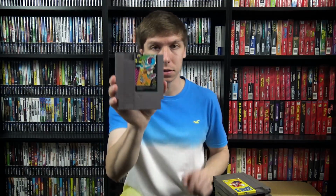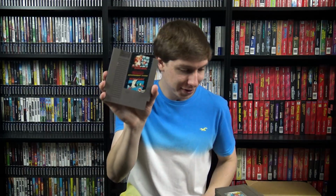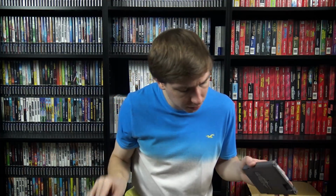TMNT, Surf Designs, Super Mario Bros. 3. Of course, you gotta have your Mario Bros. Duck Hunt, Track and Field 2, Bugs Bunny Birthday Blowout, and I think there was another Bugs Bunny. Yeah, there was Crazy Castle in there as well. Ryan said he wanted one of these. I think it was this one. He told me he had one of them, didn't have the other one, so he's got dibs on whatever one that he doesn't have. Blades of Steel,